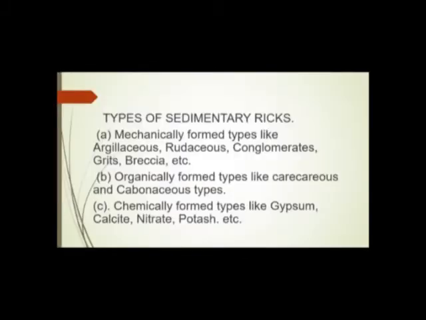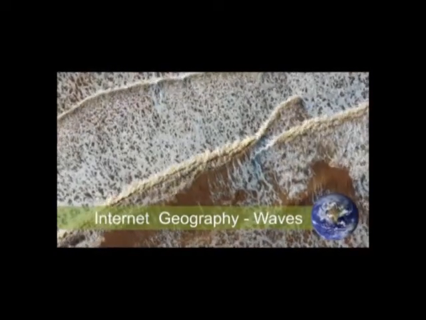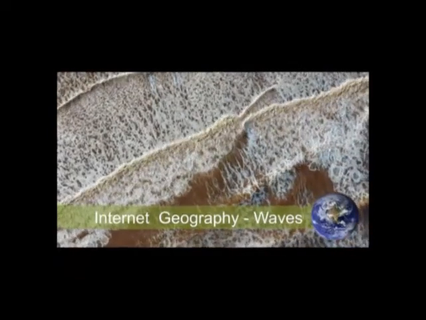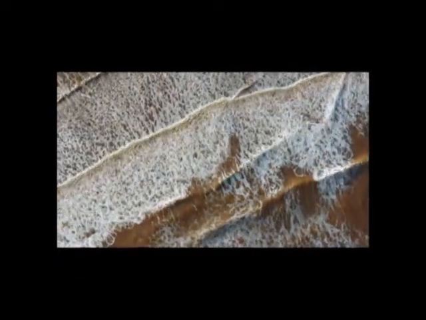The third type of sedimentary rock that we have is chemically formed sedimentary rock. That means they are formed as a result of chemical precipitation or evaporation from rocks or beds of ocean floors. Examples are gypsum, which results from the evaporation of salt rock under the sea, like in the Dead Sea. We also have others like the precipitation of rocks like calcium carbonate in limestone regions. Other rocks of this nature can be potash, which is locally known as kaun, which is used in the preparation of food, like when cooking beans, like the olele.